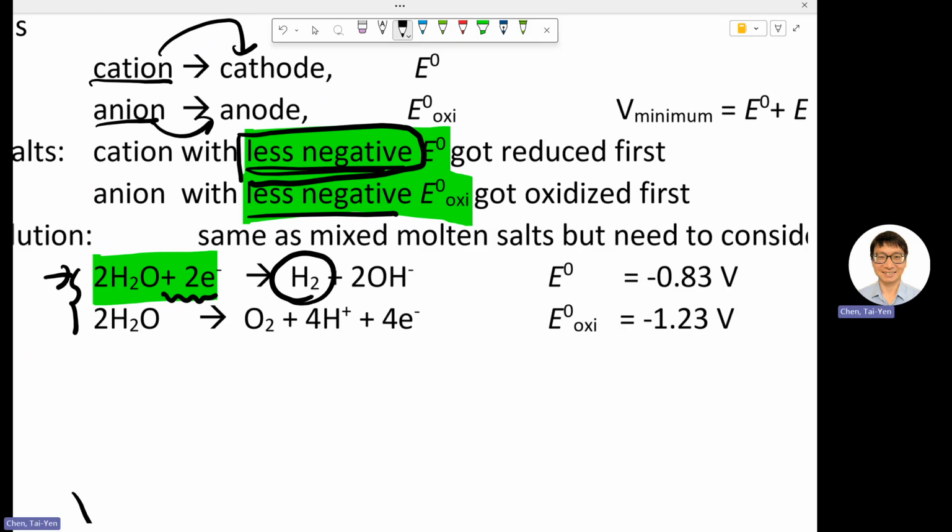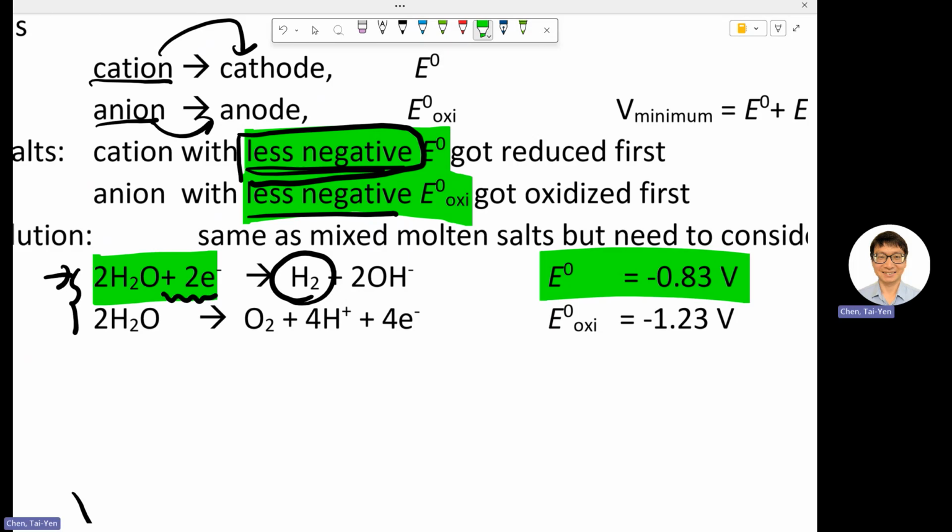The reduction product of your water is H2, and the reduction potential is negative 0.83 volt. So this means if today I'm given an aqueous salt solution, let's say aqueous sodium chloride solution,